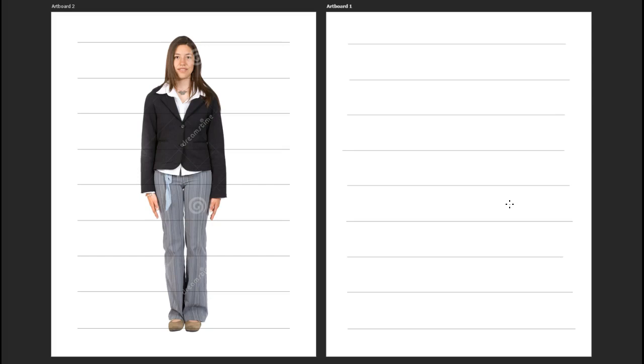Now, you may have read in the textbook that ideal proportions are a 1 to 8 ratio. Okay, that means that the average figure, if the person has ideal proportions, is 8 heads high. So what we have here is a figure that is sort of